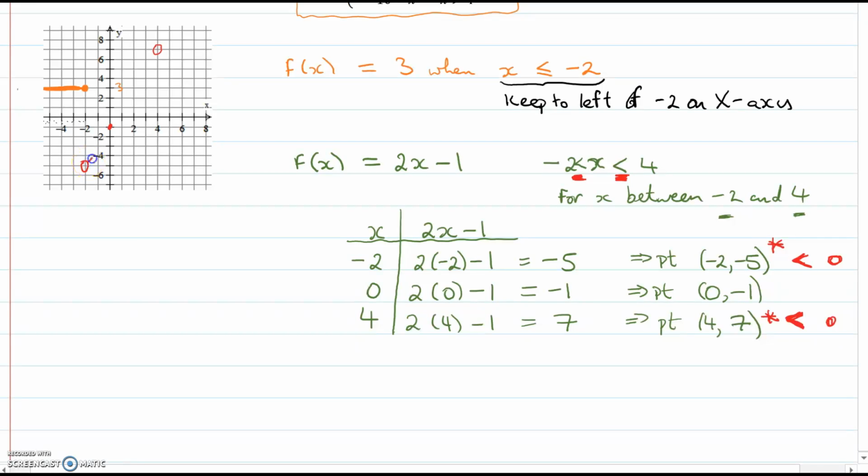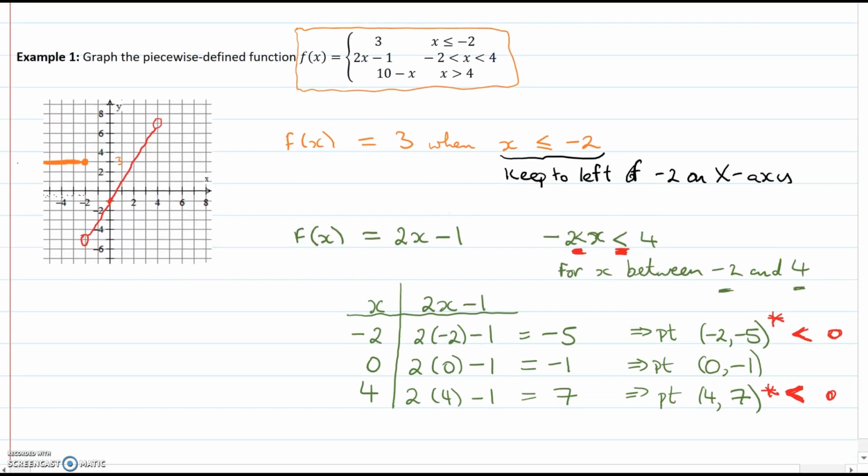And we have a line that goes through there like that. Okay? So that's the second part of our answer. And now, if you remember, if we go back and look at the question, f of x equals 3, we did that already. And we have f of x equals 2x minus 1, we've done that already. And now for the last part